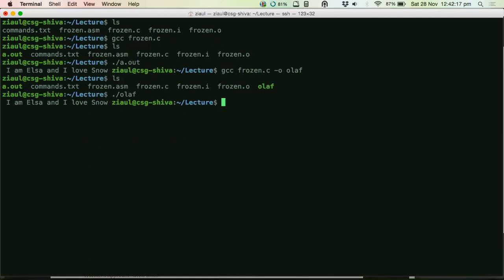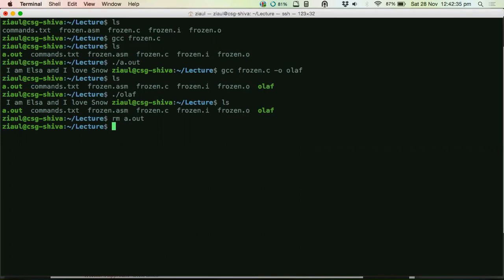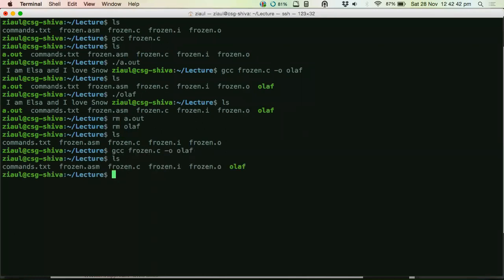So using -o, you can rename your executable from its default name, which is a.out. That's it. But a.out is still there. It's not there. Don't worry, once I remove it, let me remove this also. Now it's not there, right? So now when you compile it, you don't see a.out. You'll see only that.